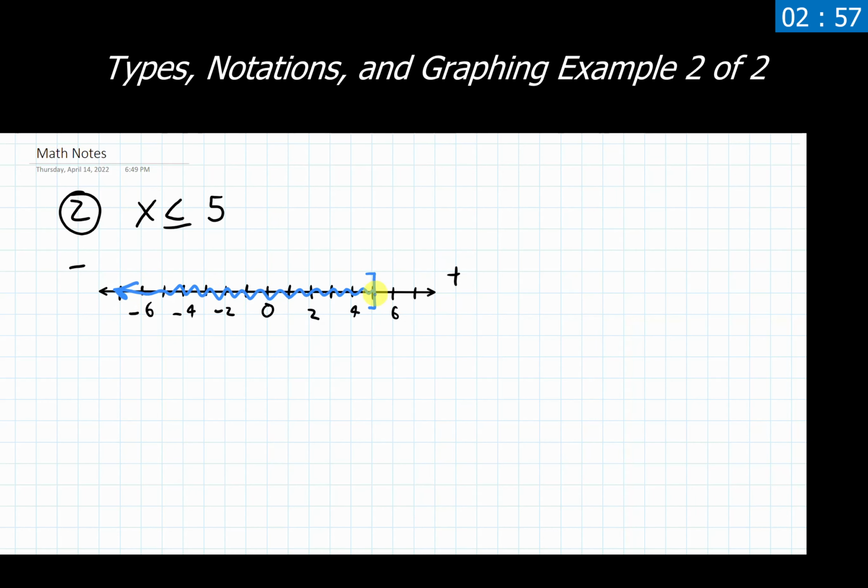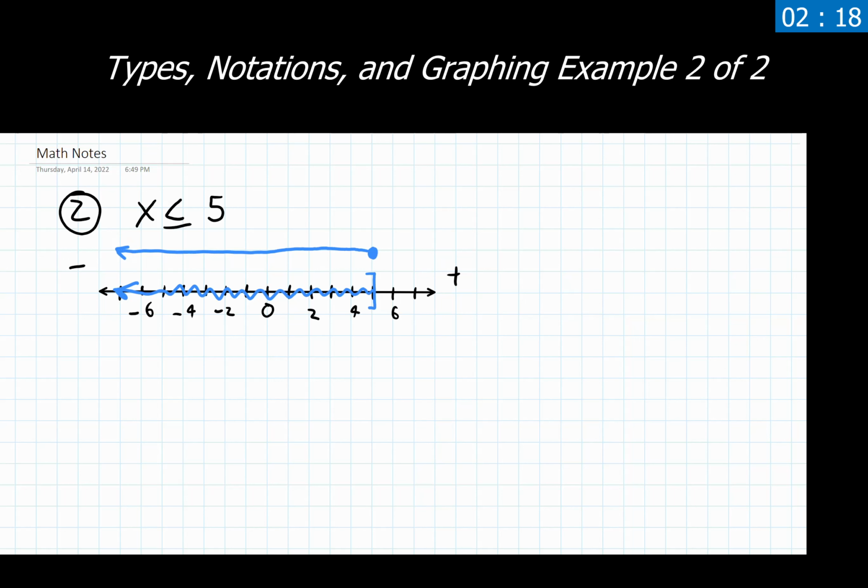Now, I'm using a bracket in this instance, but like the previous problem, maybe you're using an open or a closed circle. Remember that if we are working with a less than or equal to, then we are going to have a closed circle showing up. That tells me I can include 5 as a potential answer. 5 is, after all, less than or equal to 5, so that would work. And again, similarly, we'd have the closed circle there, and then I'm going to use all the numbers to the left of that that are lower than 5 on my number line. And there we have that graphed.